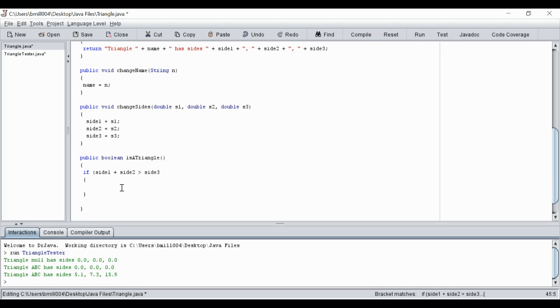So I need my return because this is a non-void method, so I do need a return statement. My void methods, I didn't need a return statement. So I'm just going to return true. Okay. Now, if it's not true, if side 1 plus side 2 is not greater than side 3, I want to return false. So now I'm going to do my,